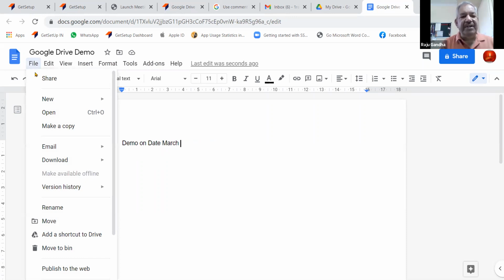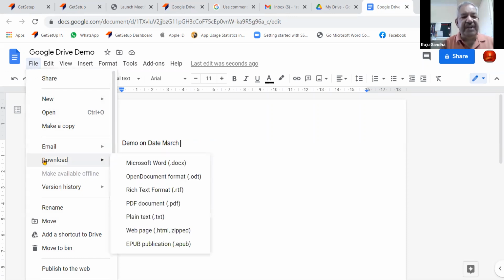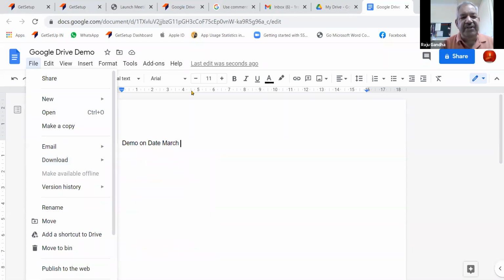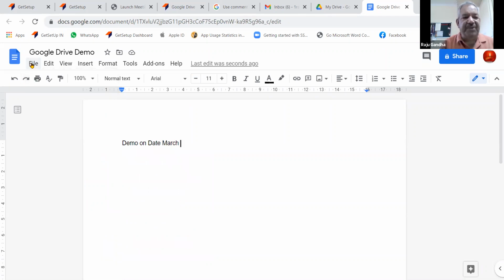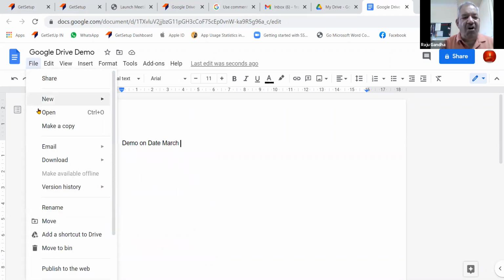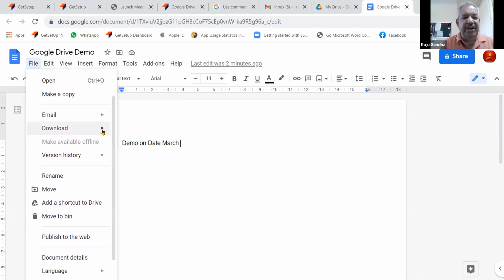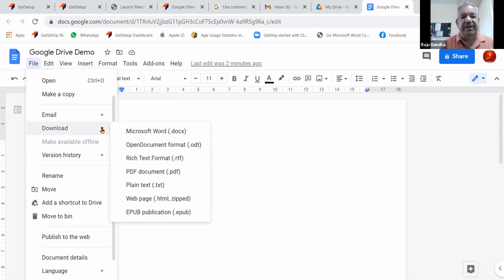Now, Ravinderji, one of the things that you were saying, how to download the file. Just hit the file option, and you will get this drop down. From this drop down itself, you hit on download. And whether you want to download it in Microsoft Word, this is again one of the features that we